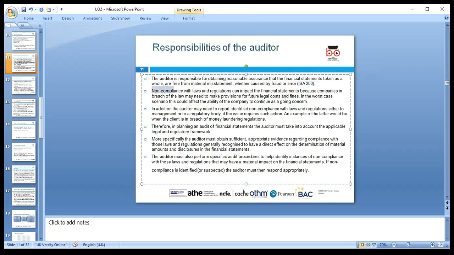So they need to be in non-compliance with the laws. If they have fines, yes, costing system, the auditor may report and identify the non-compliance. Yes, the auditor, when planning the audit of the financial statements,